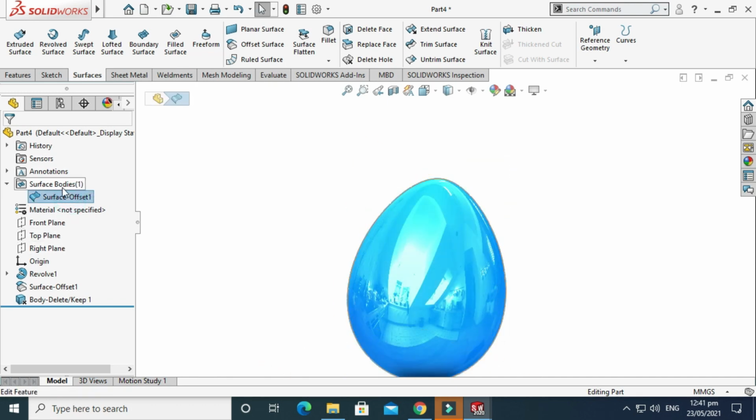The solid body is gone, and we have created this surface body from that solid body, and we deleted this solid body. We don't need this solid body because we can't make a shell, right? So it's a very important feature, right? Now I don't need this net surface because it is already one surface.